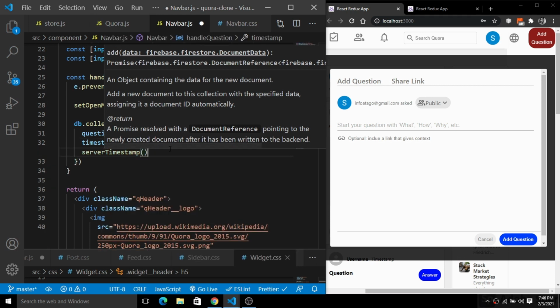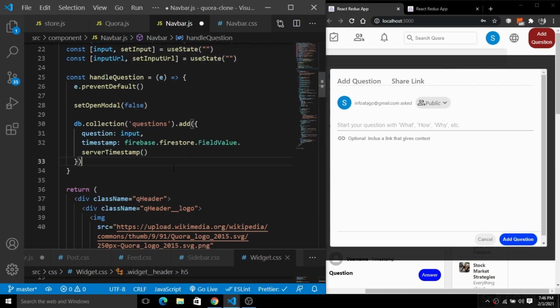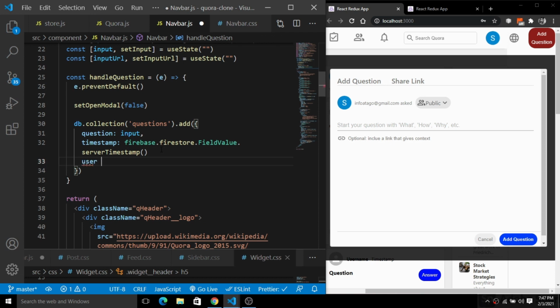This will create a timestamp. It doesn't depend on the local time; whatever the exact time of the server is, that respective time will be pushed to Firebase.